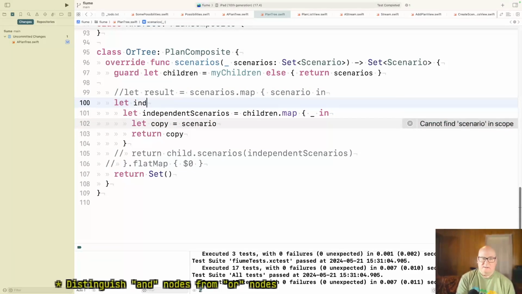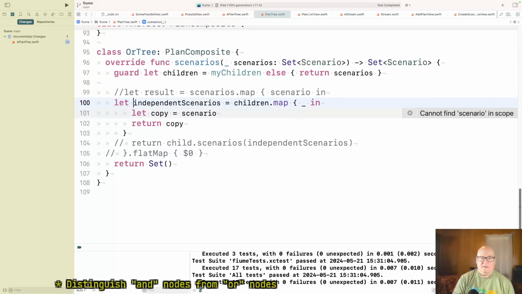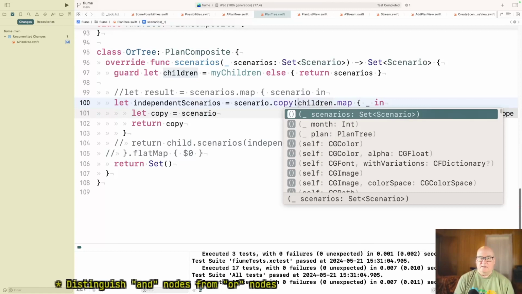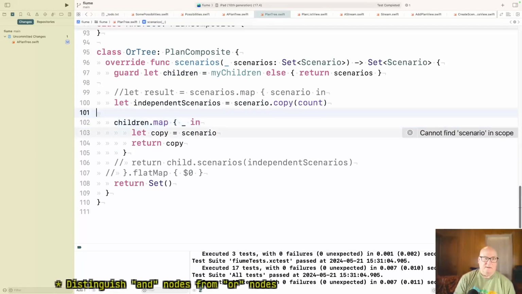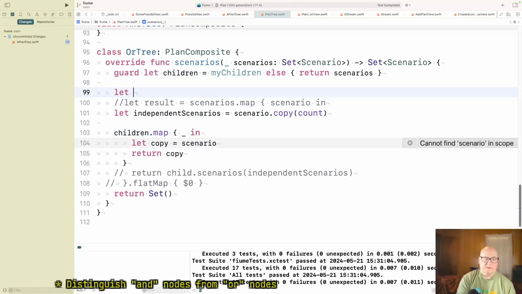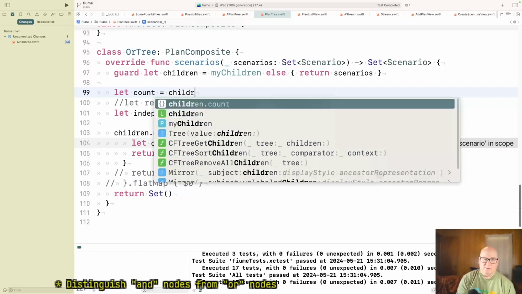Let independent scenarios be scenario.copy, well, count. Okay, where count is children.count.